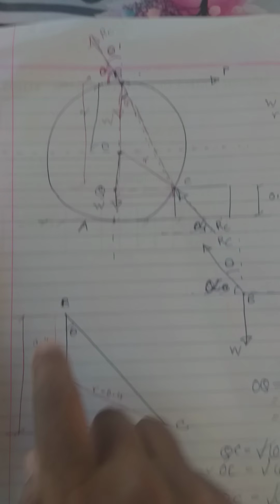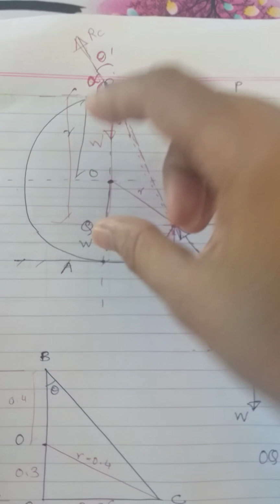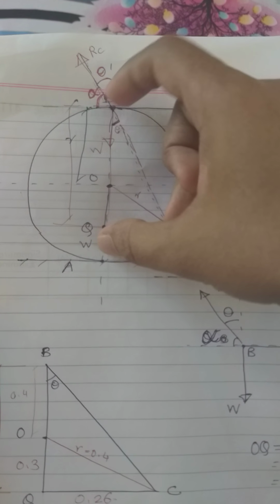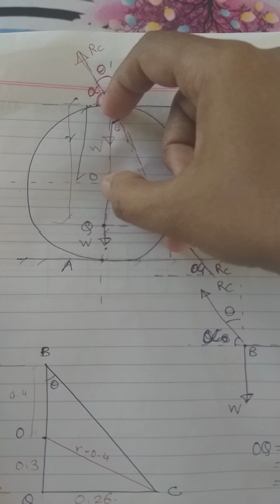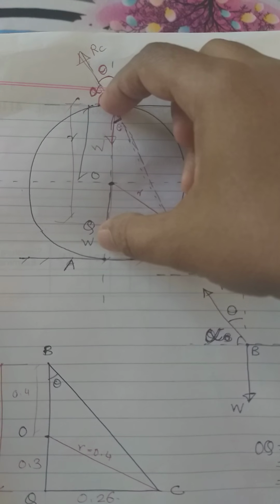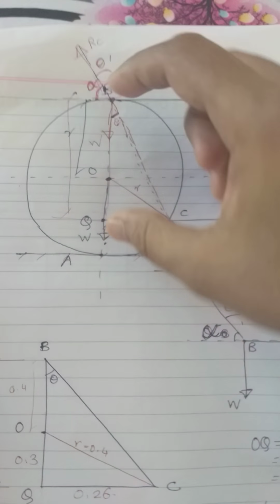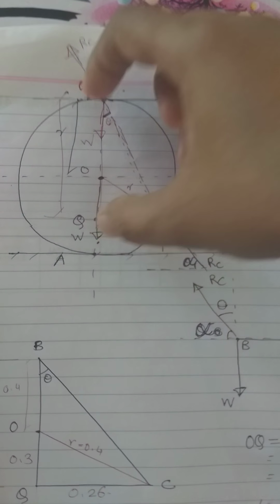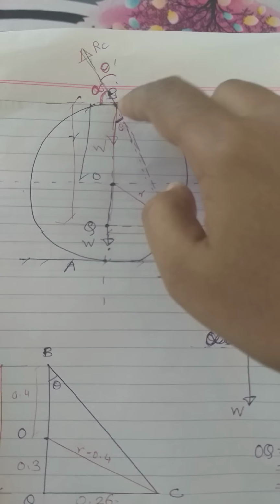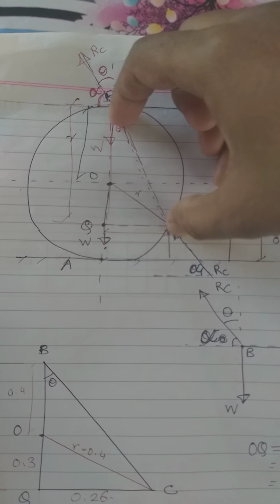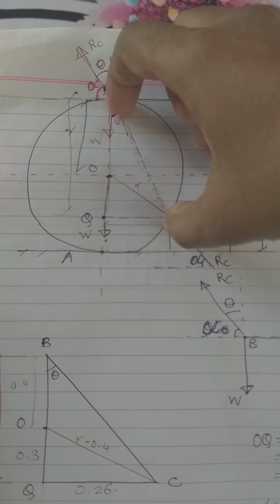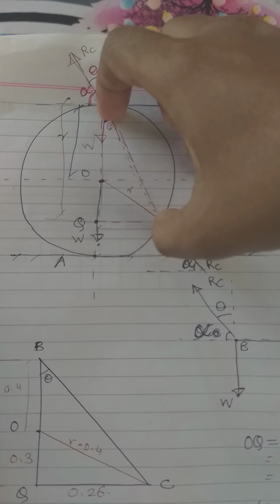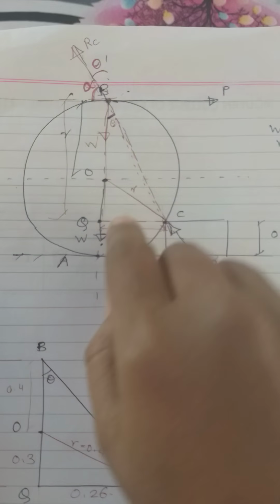Now the next value: the total height we can find out. This total value is nothing but radius plus OQ. If I consider this triangle, this value I know. But if I consider this as a right angle triangle, we are still not aware of this hypotenuse. So what else can we do is, we'll form one more triangle,